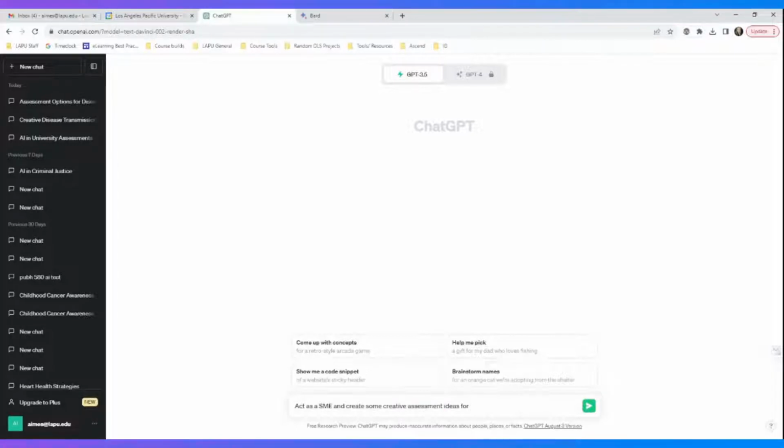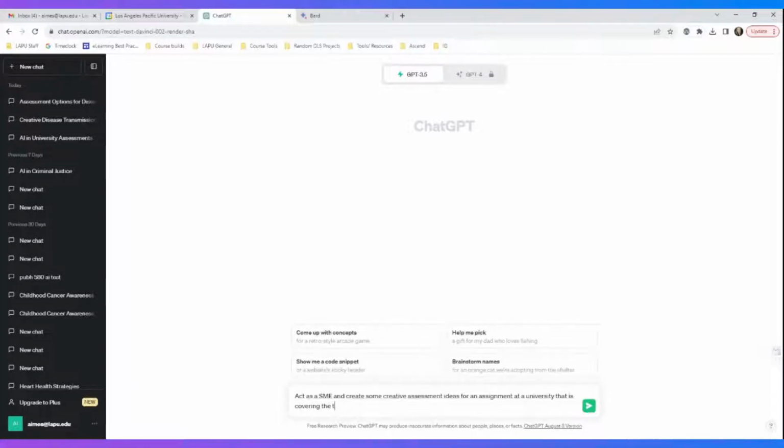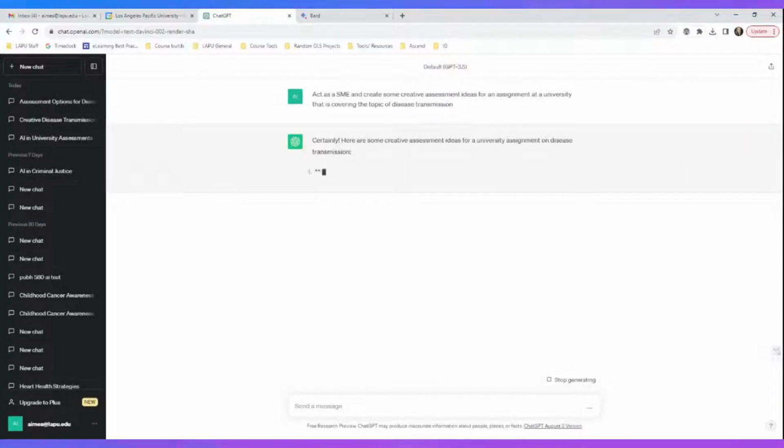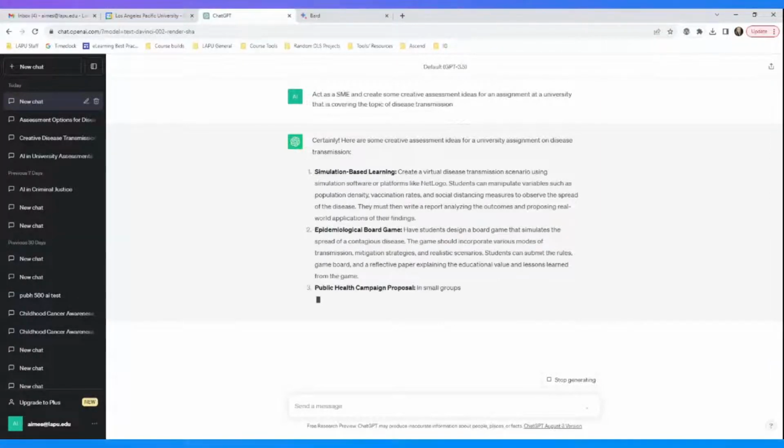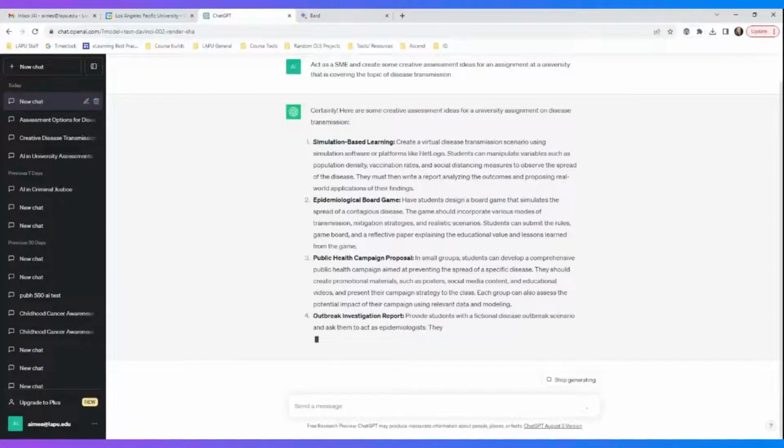Assessment ideas for an assignment at a university that is covering the topic of, and we can just put, this always pops into my head, so we're going to do disease transmission. And we're just going to search and see what it comes up with, and we can adapt our prompt from here, but I think it's fun to just watch it load, and we'll see what happens.